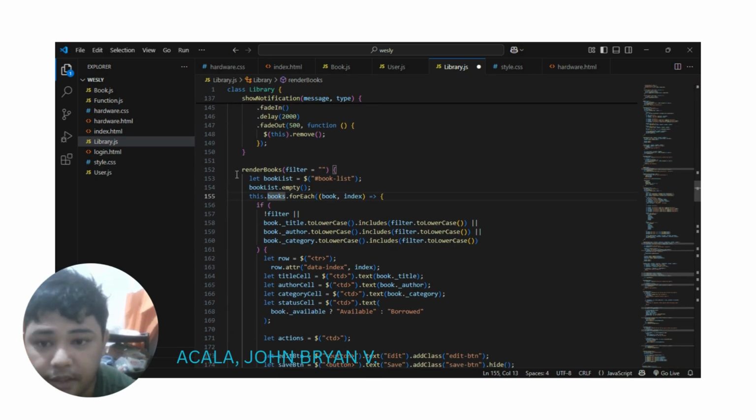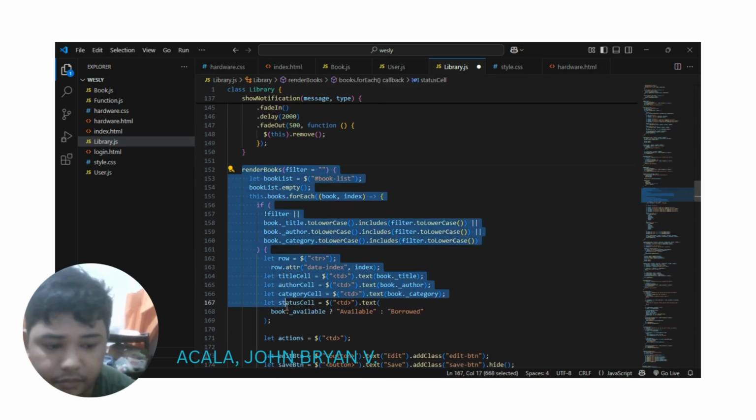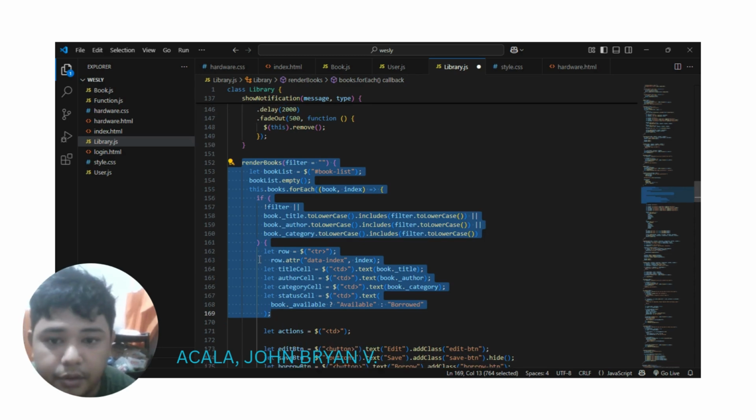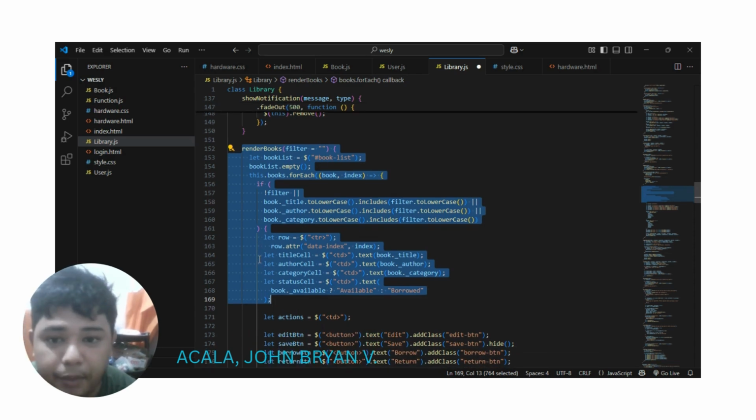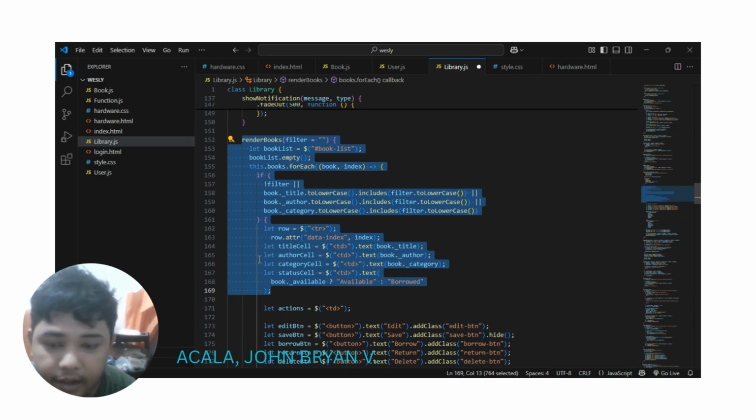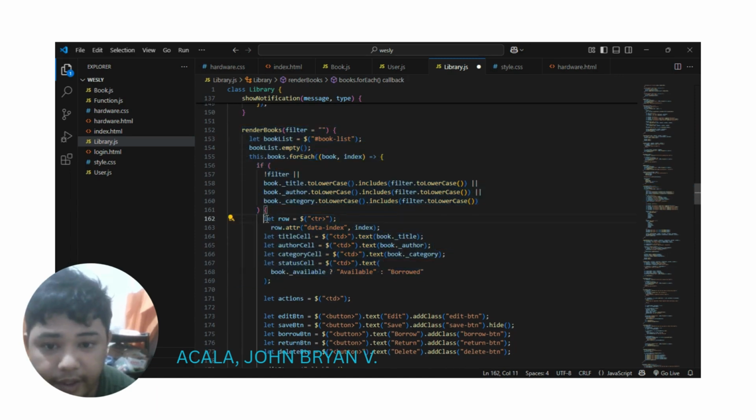So these methods will filter a book. First we set the default filter to empty. Then it will get the table where the books are displayed. Then it will loop through the books to check if each book matches the search filter. Then here it will create a